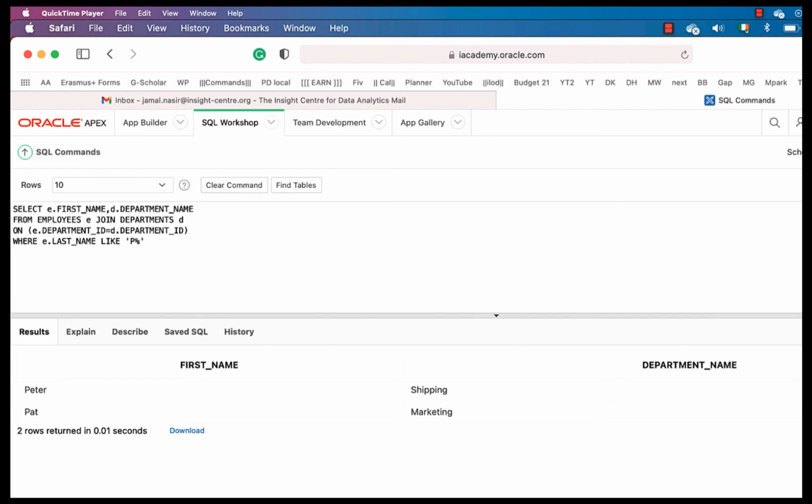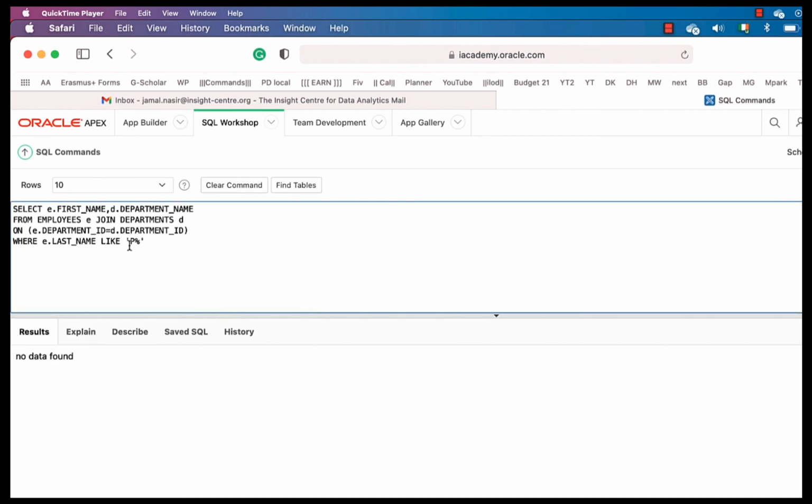It shouldn't be first name only. It could be on last name, and obviously there is no employee with a last name starting with P, but there is one employee. There are two employees, in fact.